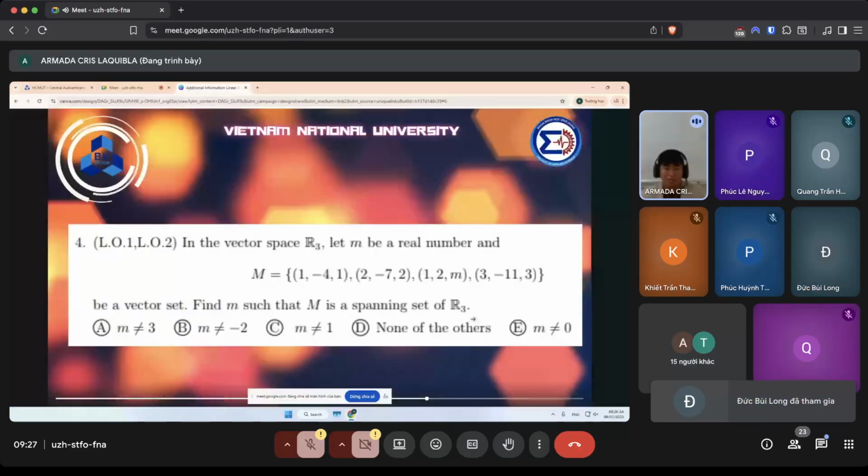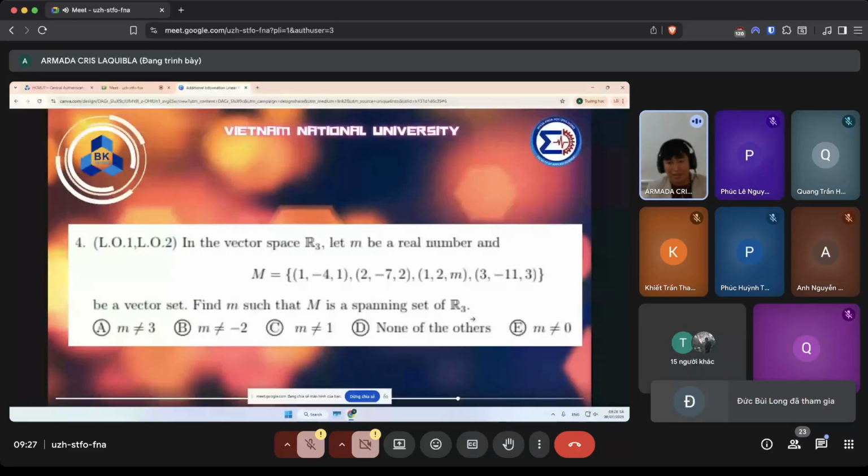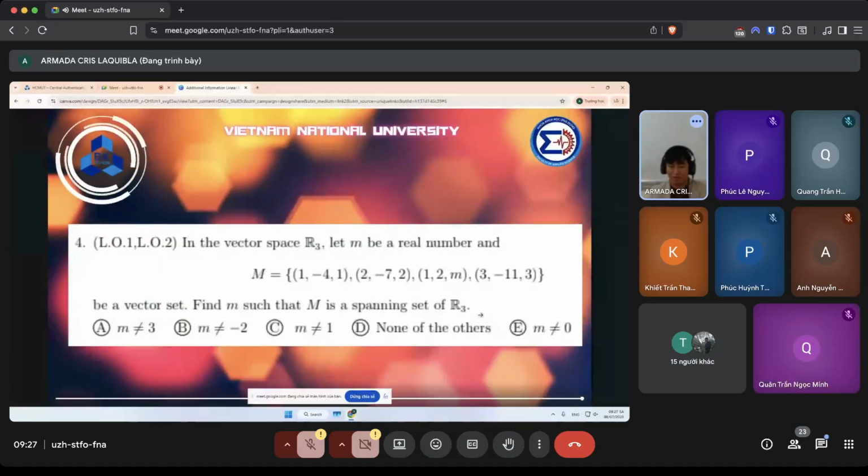Okay, this is number 4. So there are many values for m here such that the capital M is a spanning set of R3. So we have a result previously, if you can see it there in the vectors slide, if the determinant is,